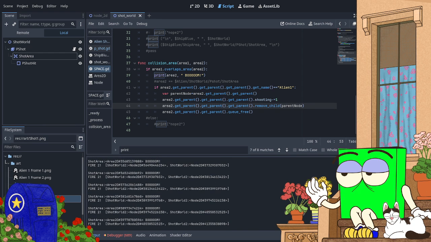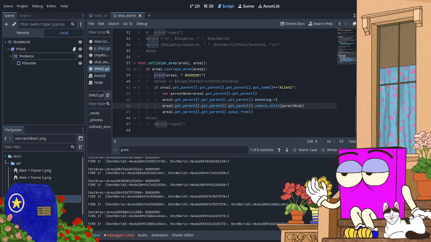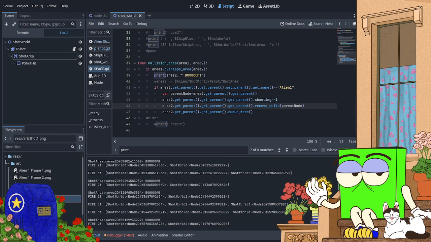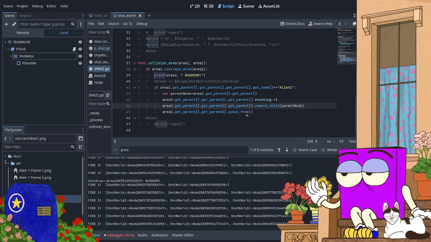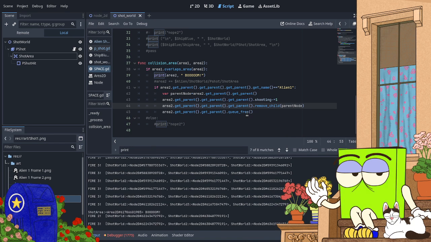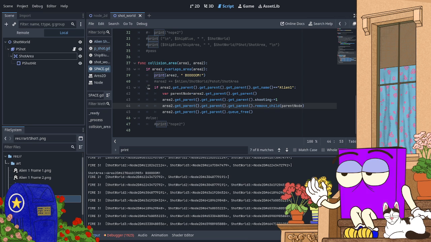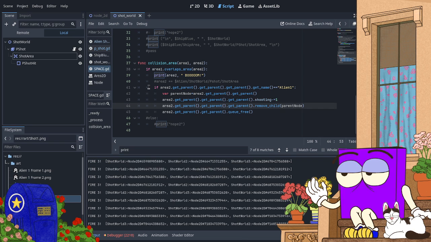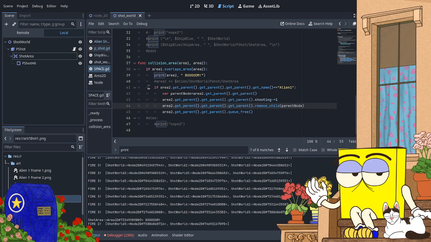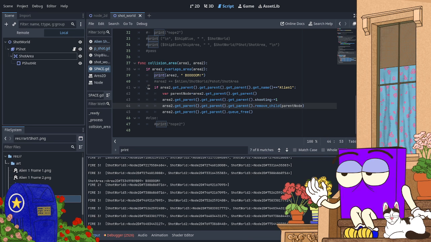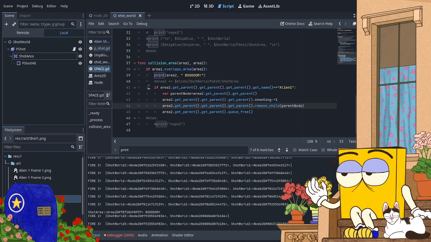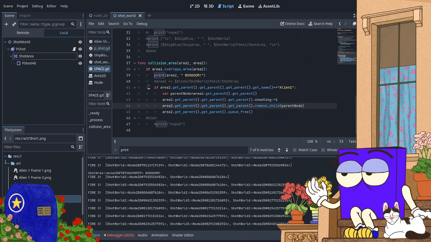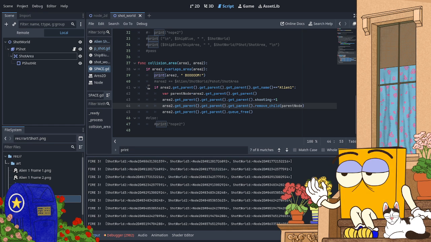Okay, good. And I counted correctly. The shot despawns when it hits the ship. It was a bit messier than I would have liked. I probably don't need this if, but it makes it easier for me to keep track of what level of the tree I'm on. There's got to be an easier way to do that, and I'll figure it out. But right now, I'm happy it works at all.